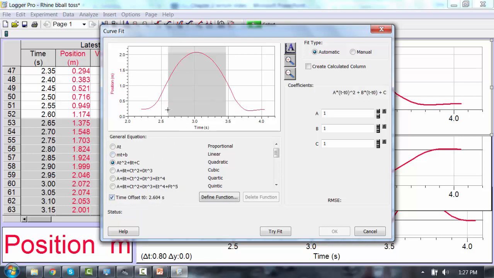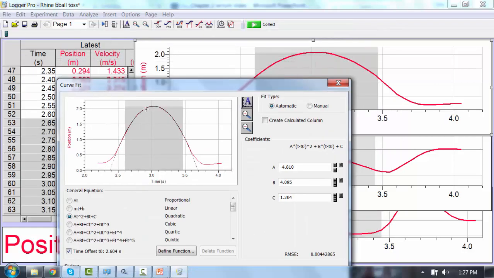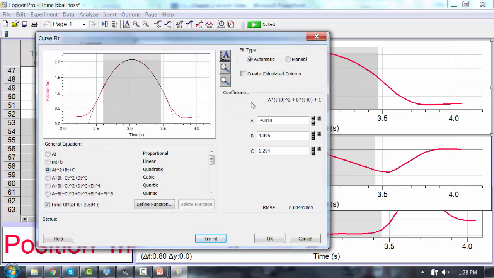And so you can see it inserts a time shift in my function here, t minus t naught, with my t naught being 2.604 seconds. And then it'll automatically do a fit for us, and I can go ahead and hit try fit. In black, it's drawn the regression, the curve fit function I've tried to fit to our data, and in red, I have the actual data. And over here, it's listing our general form for a parabola, ax squared plus bx plus c. Of course, we're using time. And it's telling us for our fit for this particular data, it's predicting that our a, b, and c are negative 4.810,